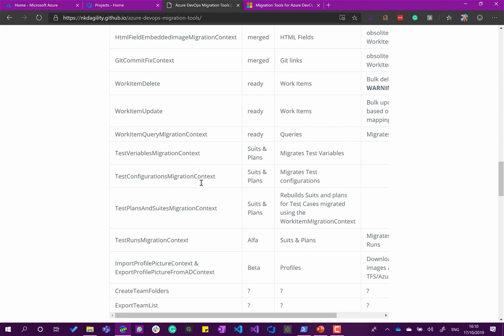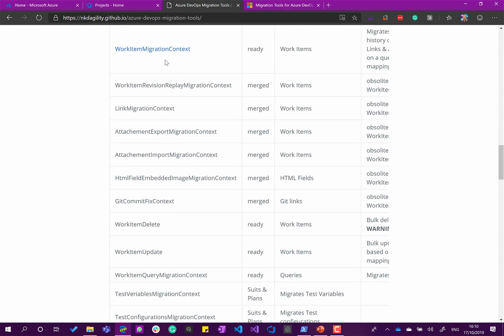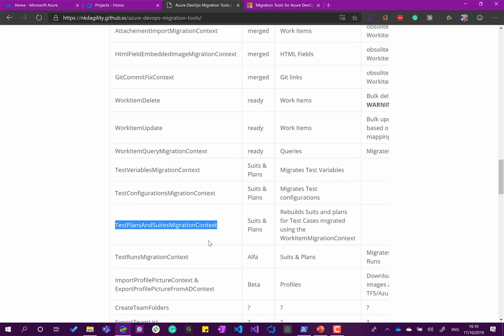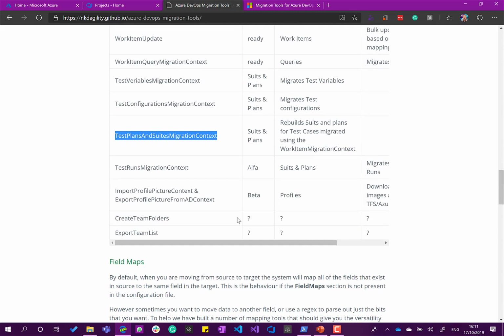There are a bunch of tools around migrating test cases, and so suites and plans. You have to migrate the variables first, then the configurations, and then you run a plans and suites migration, which will pull that across. So you do not migrate test cases using this tool. You have to use the work item migration context to migrate the test cases, but do not migrate the test plans and test suites work items across at the same time. Otherwise, you'll end up with a bunch of duplicate items. That's about it for the general